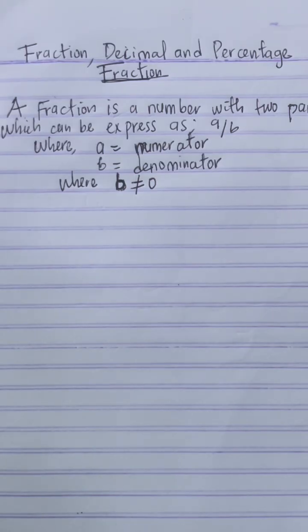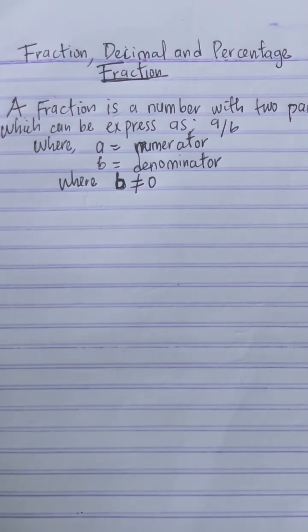Exactly. Once b is equal to 0, it is no longer a fraction. It will give you infinity, because any number divided by 0 will give you infinity. So for the case that b is not equal to 0, it is a fraction. So examples,